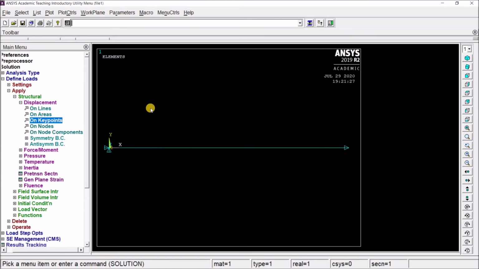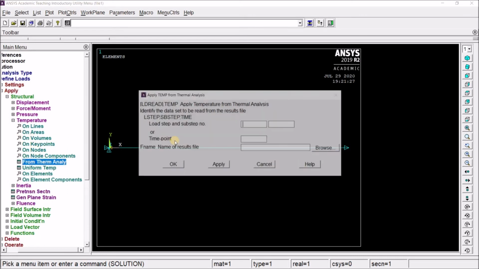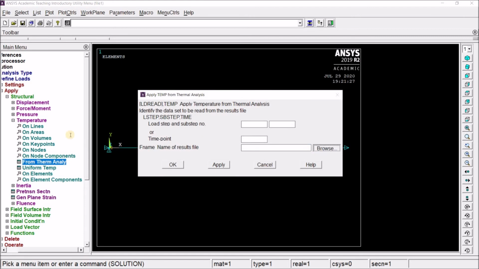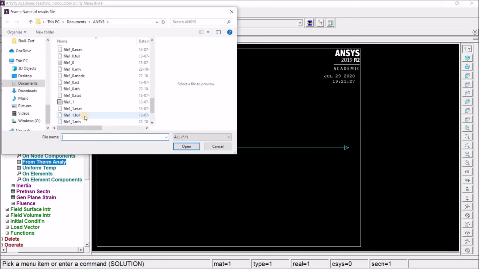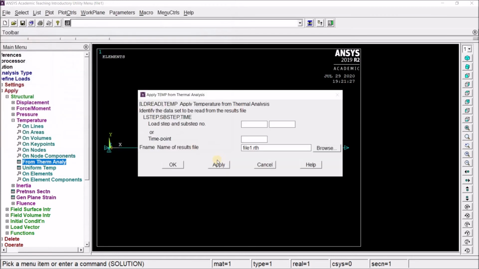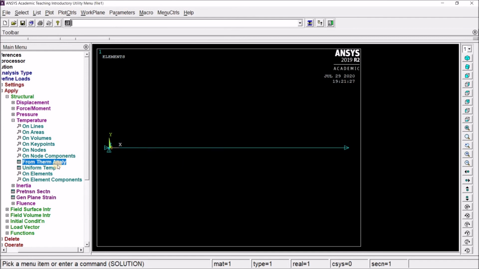Now to include thermal effects, we must go to define loads, apply temperature from thermal analysis. The name of the results file, we must select as the file name .rth. Here it is. Now give open. Now the thermal effects are applied.